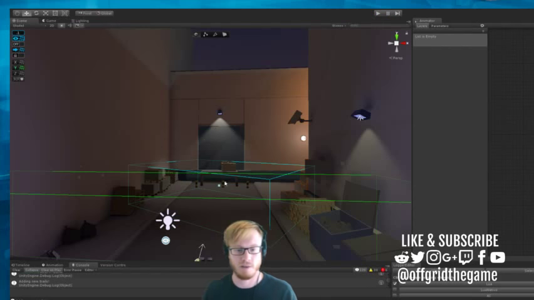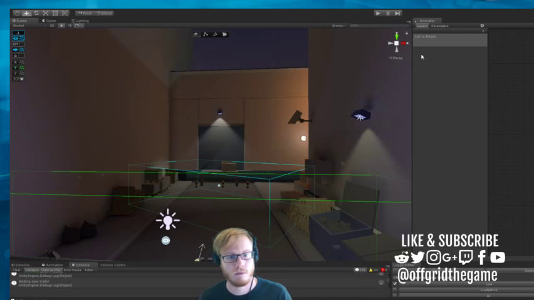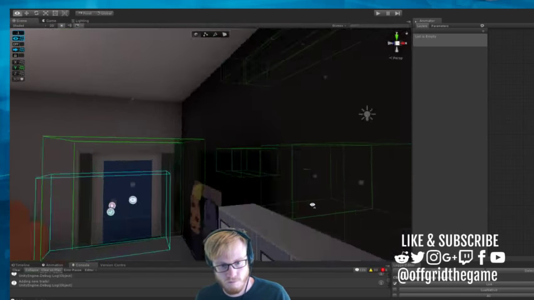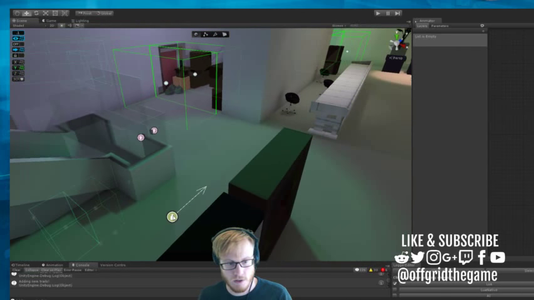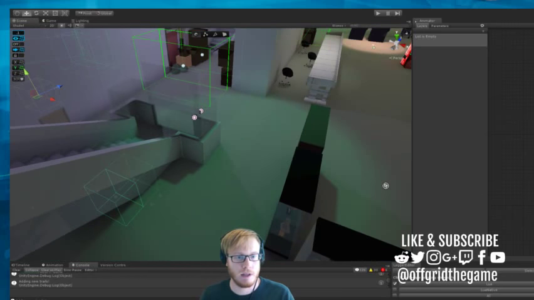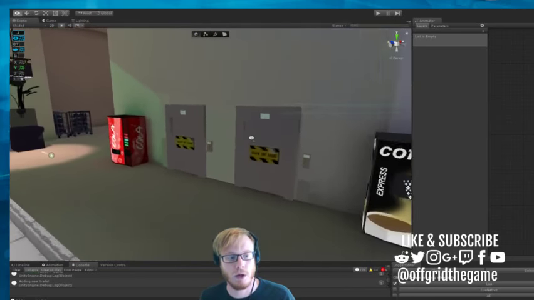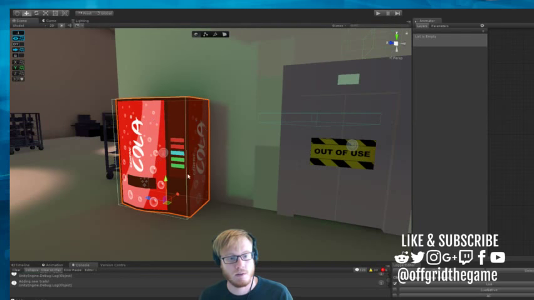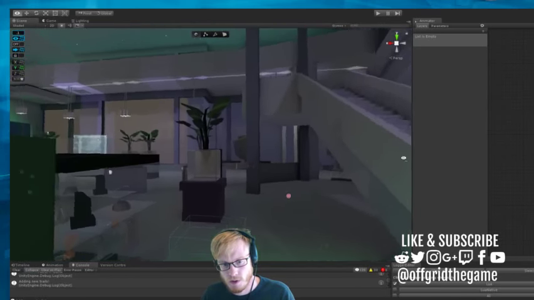Okay, that looks like it's updated finally. Right, let me just save the scene and see whether it's Unity being silly for any reason to do with that. Right, what we're doing here is we're actually going to grab player Spawn, who was out in this room here, while I was basically going to try and show you a bit of how these devices work. We're going to take this device, which is a cola machine that we've got that's hackable. I'll show you how it's hackable in a moment. And we were going to do something similar with a coffee machine over here. But I'll start,